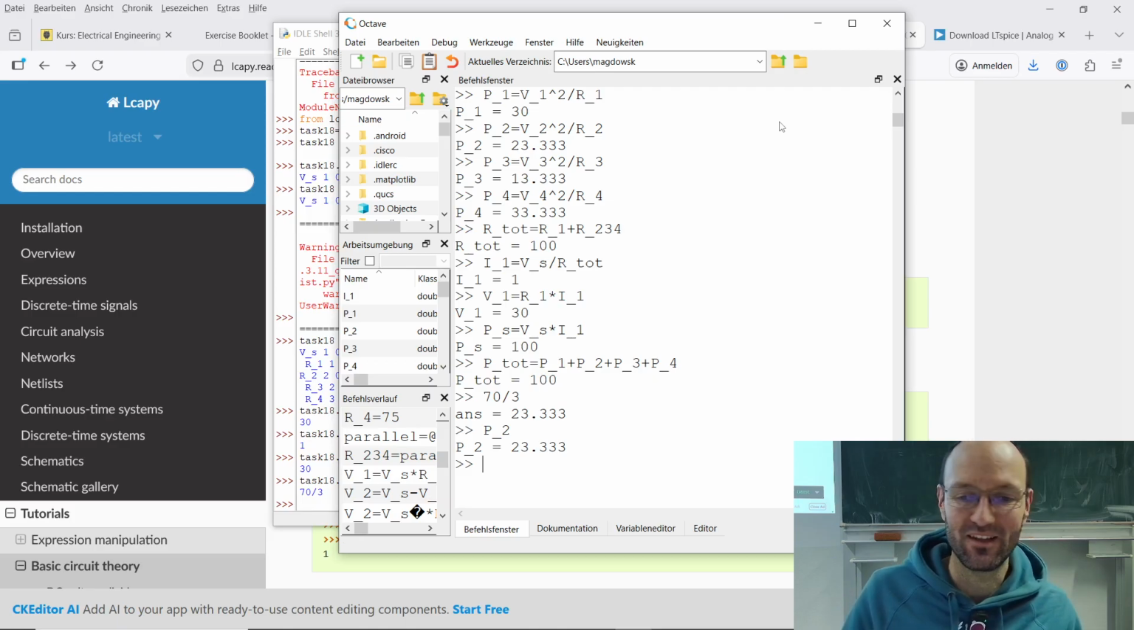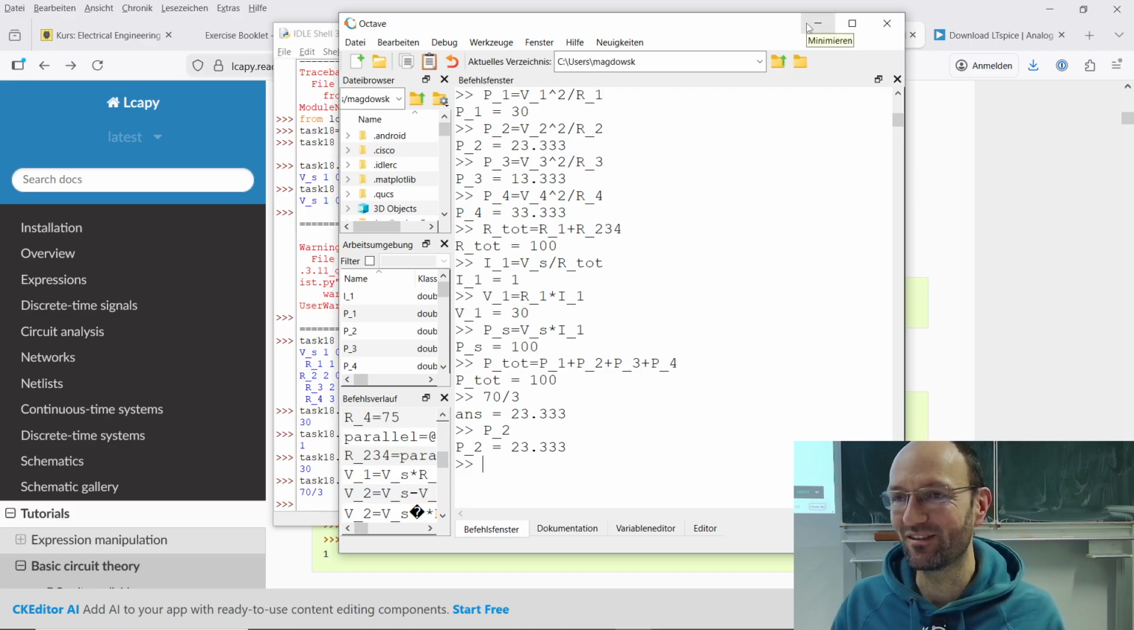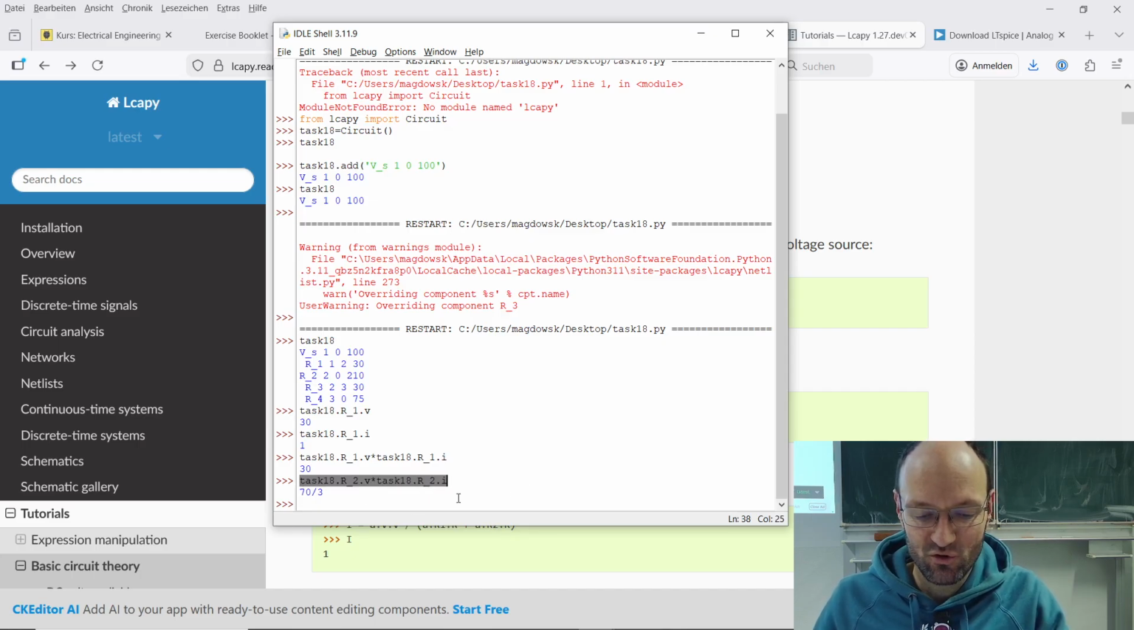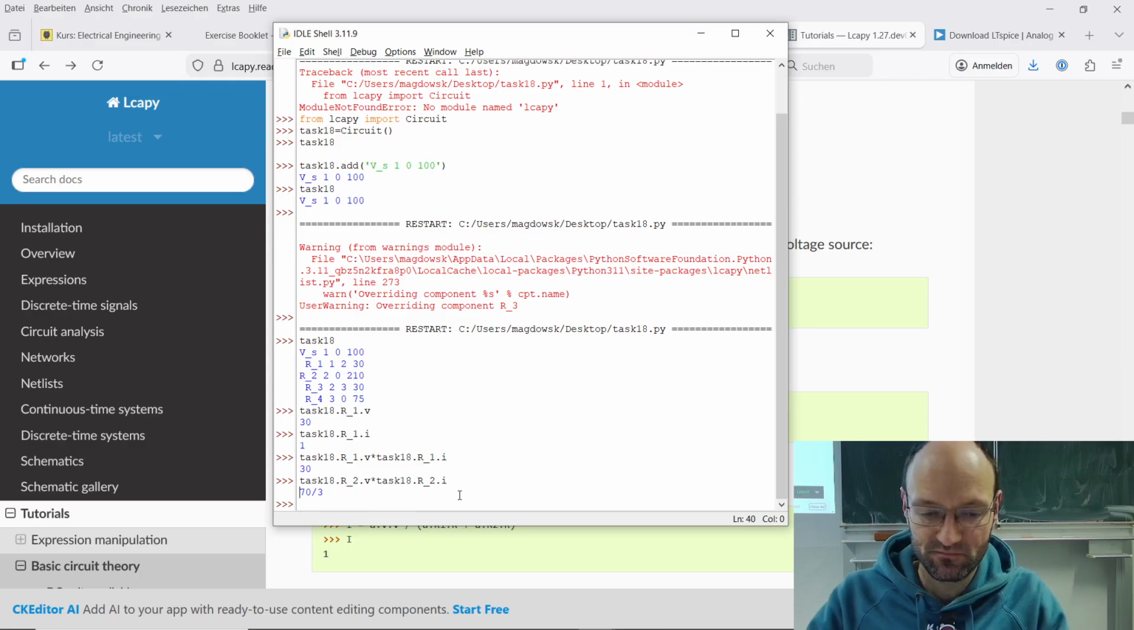The problem is, and this is a very nice example once again of not really garbage in, garbage out, but all these programs are functioning in a little different way. And so this Lcapy program here for circuit analysis is more a symbolic toolbox. So it will rather give you a fraction instead of some decimal fraction, or instead of some floating point value. So to get this back into a number,